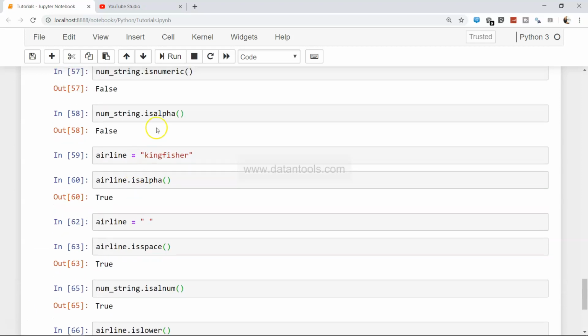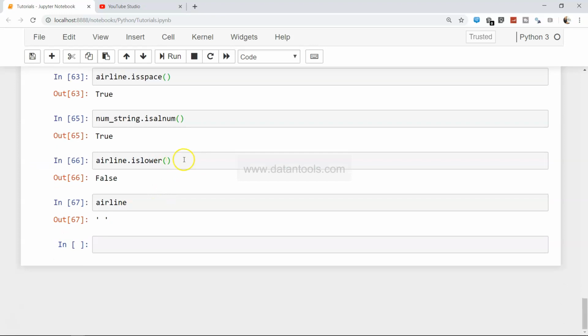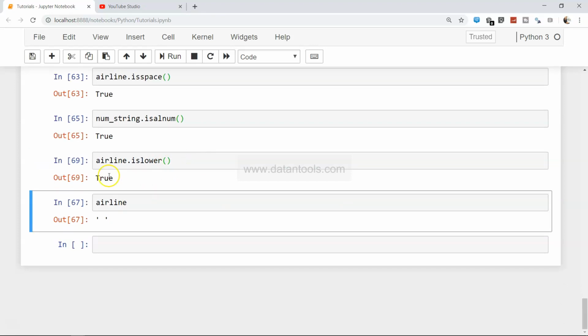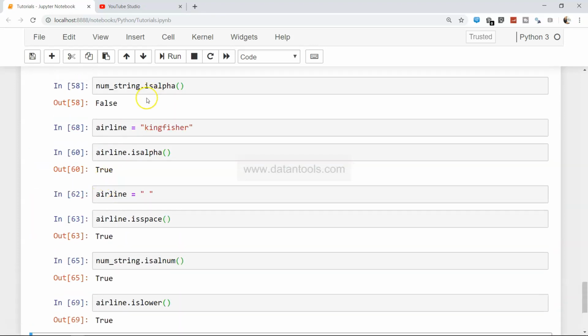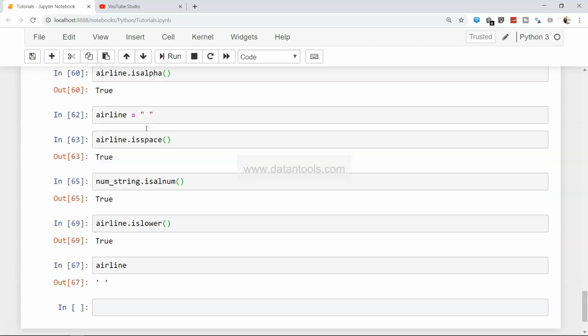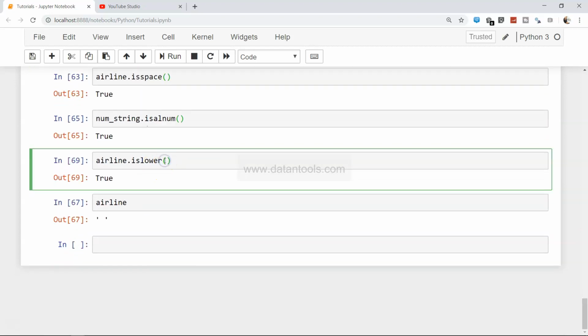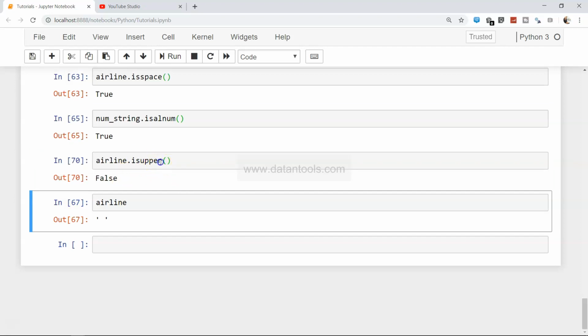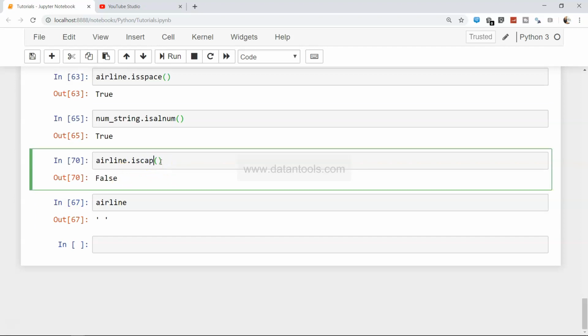So let me come over here. That's why I was a bit surprised. airline.islower, true, right? And if I try isupper, which will be false, and I think there is